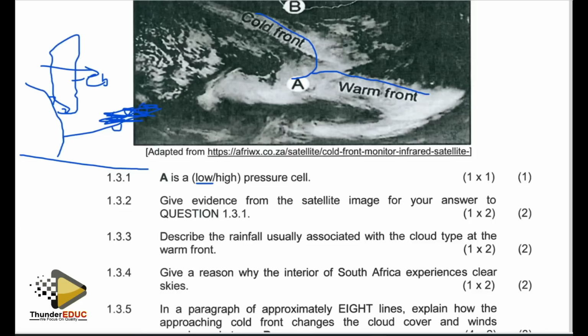The rainfall there will not be as heavy as the rainfall that we receive here under the cumulonimbus clouds. The rainfall here will be light to moderate rainfall, which will be extensive. It covers a wide area and often lasts for several days. The rainfall here will be prolonged rainfall. It's not very heavy, but it's moderate to average rainfall, which lasts for quite a number of days.